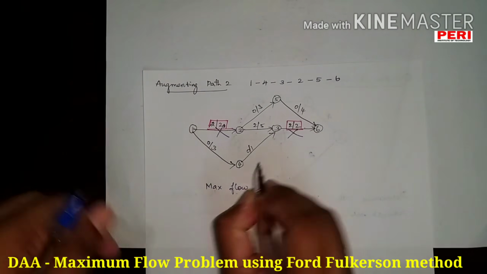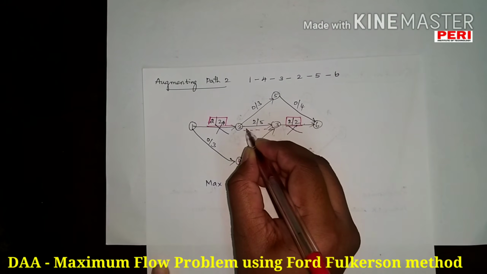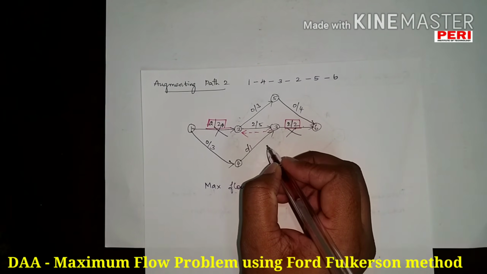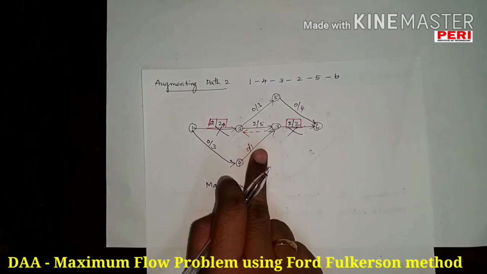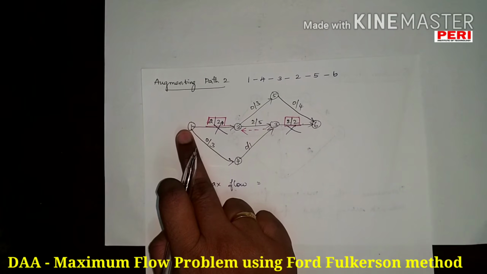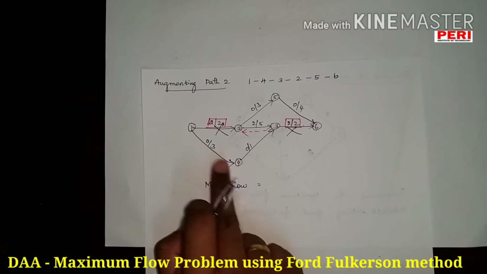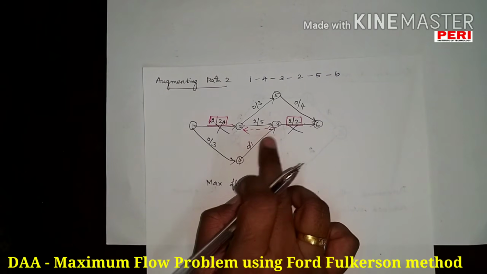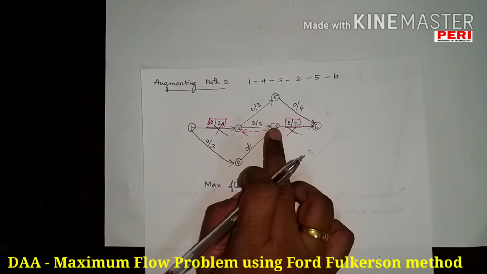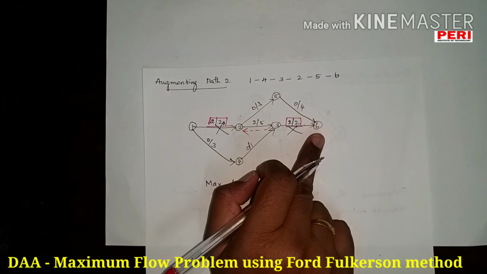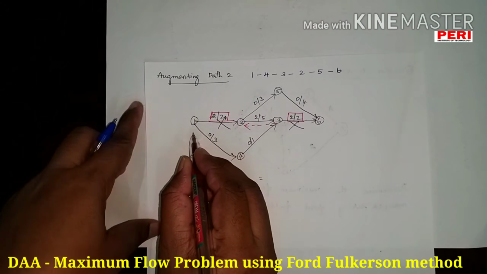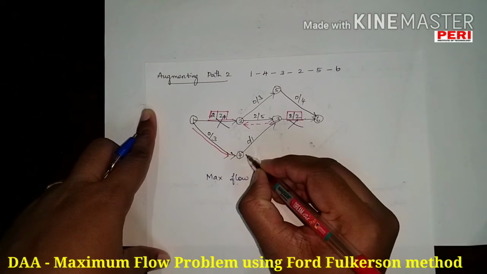So what I am doing here is taking a reverse path. This is called backward flow. So till now we have seen only forward flow, right? Ford-Fulkerson supports backward flow also. So I will be reaching from 1 to 4 through forward flow, 4 to 3 through forward flow, and I will be going back to 2 through reverse flow, and again forward flow and forward flow. Okay, so the path will be like this.